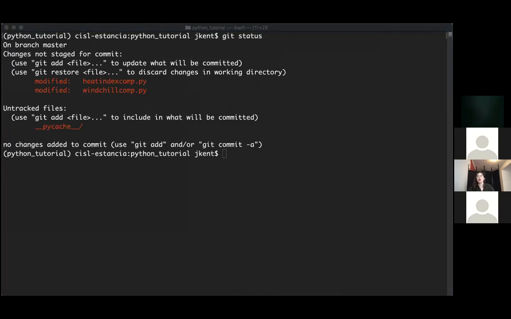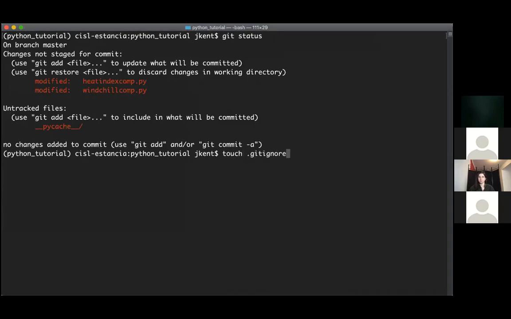As a user, you can usually just ignore this folder and this function. It's there, it's great. If you delete it, it'll just be regenerated. But we don't want it in our Git repository. We don't want it showing up as an untracked change every single time it's recompiled. So we're going to go ahead and create a .gitignore that is going to tell Git to ignore this file. To create a .gitignore, we're just going to create a new file with